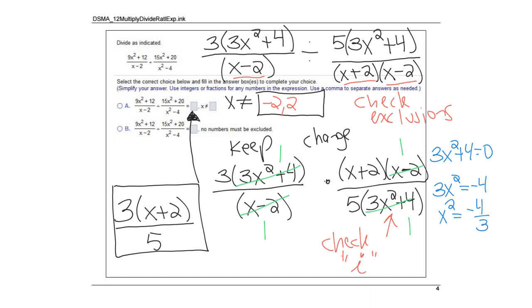Now when we go to take the square root of both sides, we would have x equal plus or minus the square root of negative 4 thirds. And we would have to clean that up because we don't allow a square root on the bottom. So you'll see if you go in and put in your calculator the square root of negative 4 thirds, it's going to give you